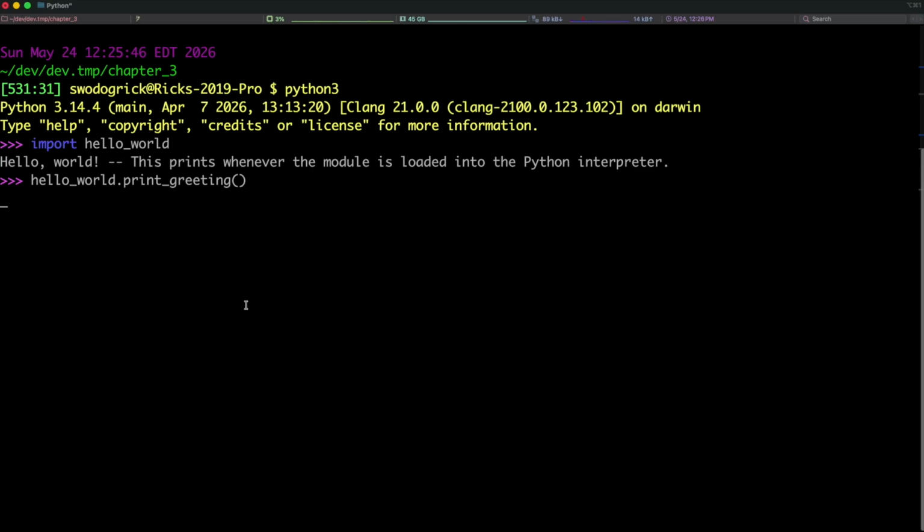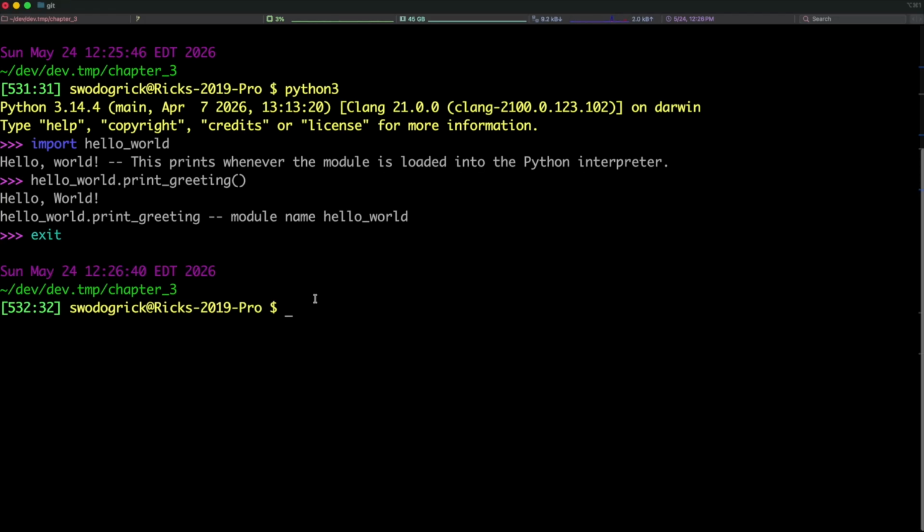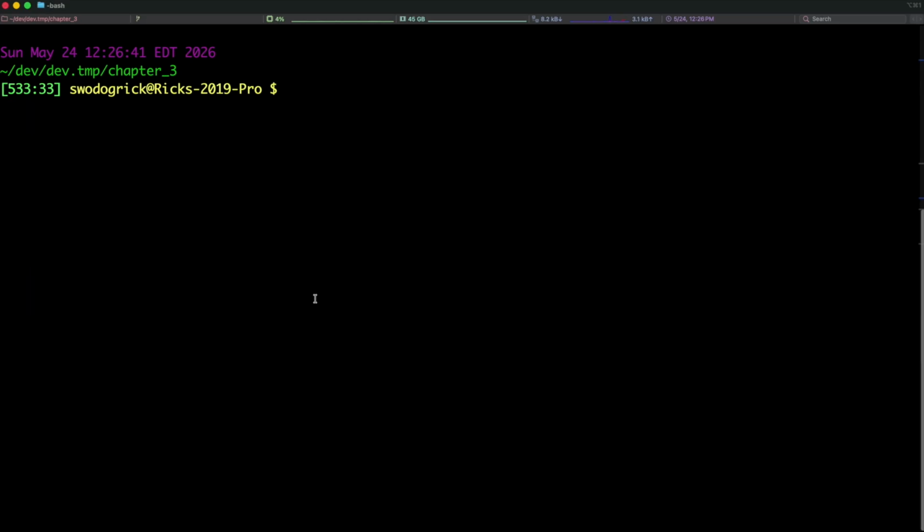Okay, hit return. It says hello world dot print greeting, module name hello world. That's because we imported it, right? The name of the module is hello world. There's no underscores in front of it or anything. So if we exit and run hello world